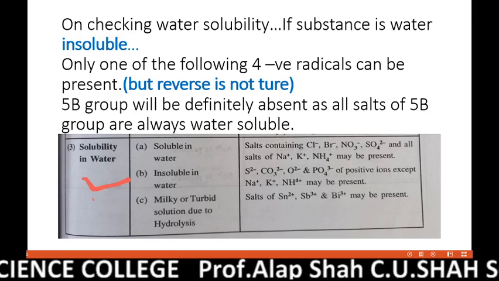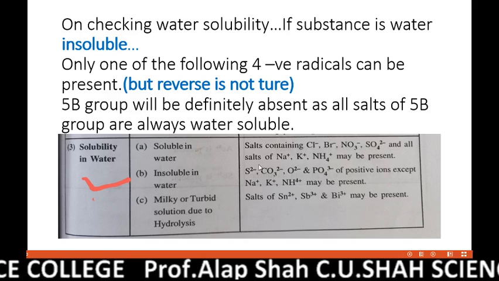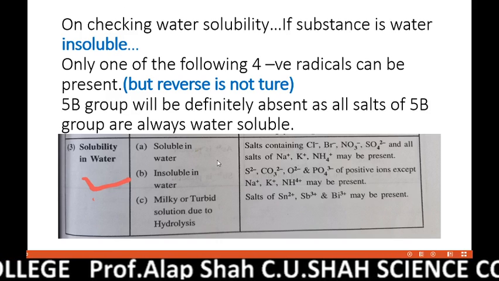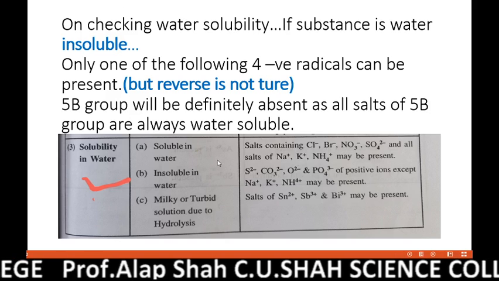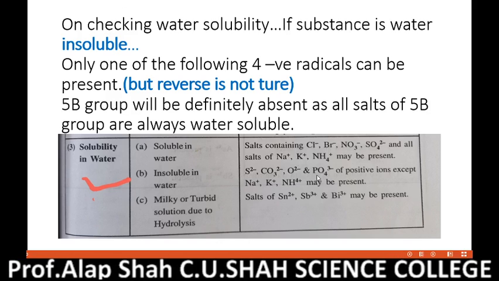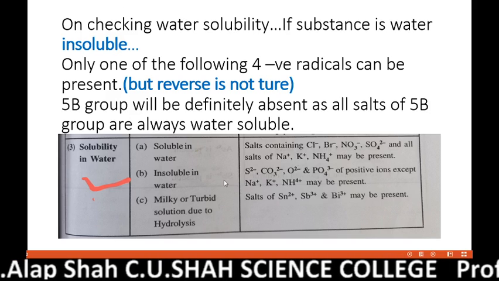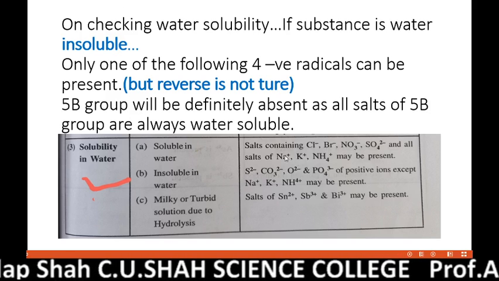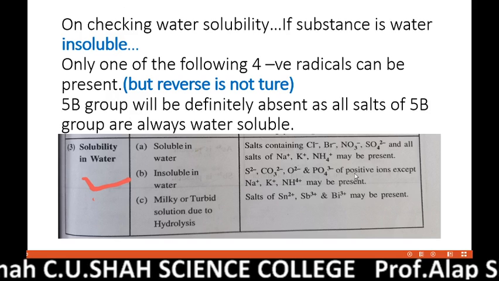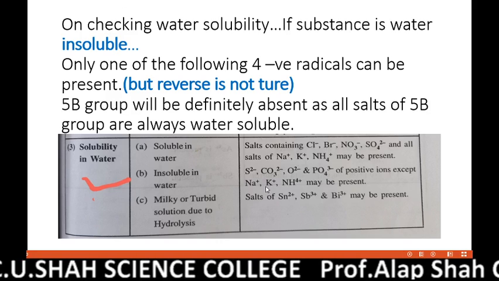will be definitely absent. But at the same time, you should remember that the reverse is not true. It means that if your compound is water soluble, it doesn't mean it cannot contain these ions. Water soluble compound can have this, but if your compound is insoluble, then your negative radical will be definitely from these four. And as it is written over here, positive ions of these four radicals except Na plus, K plus,